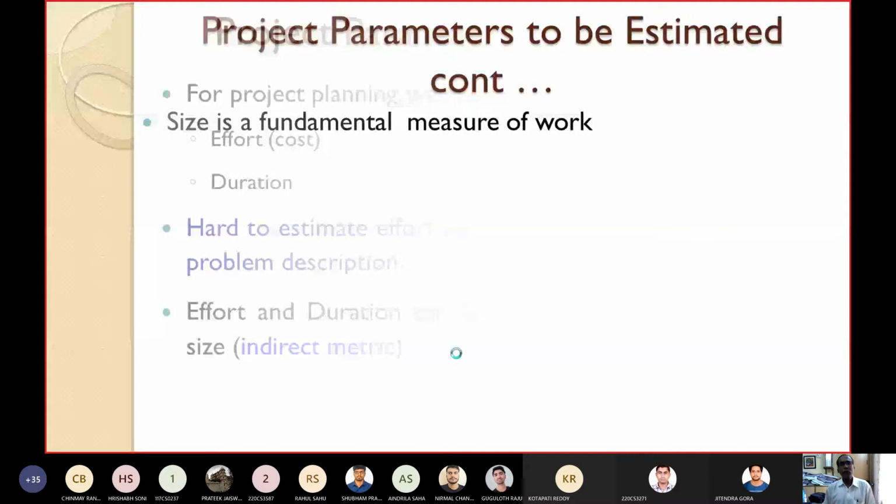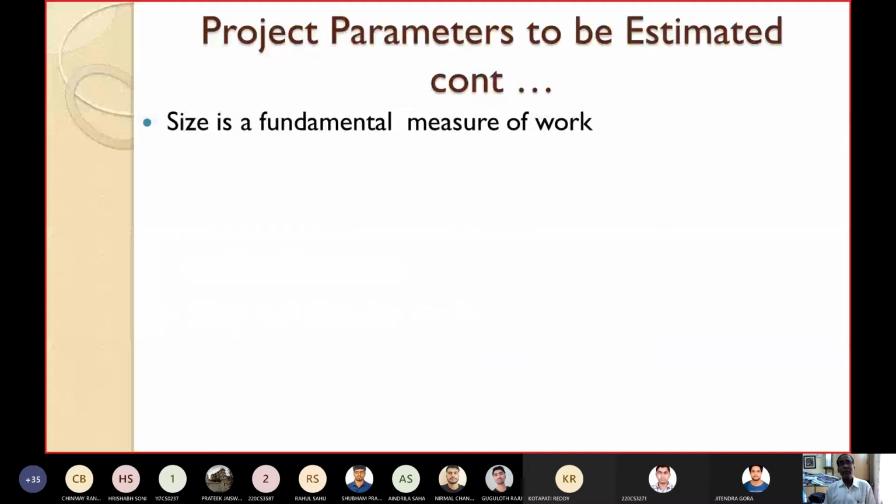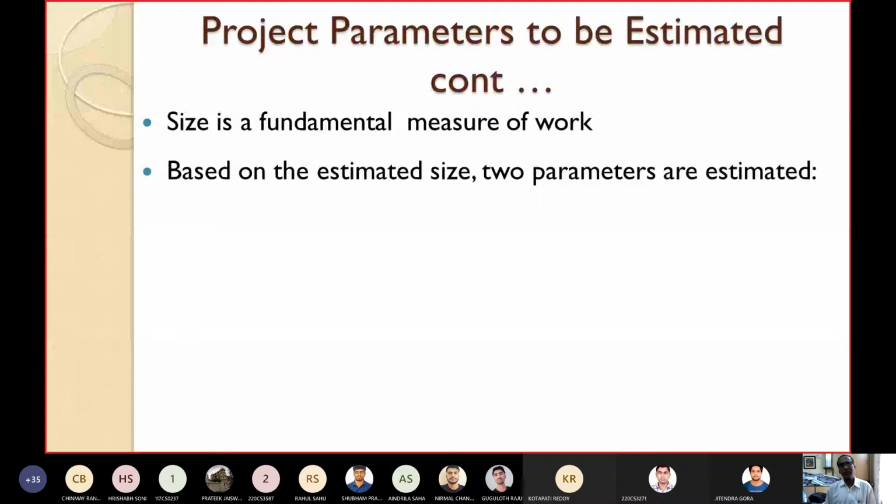Now, which is the fundamental measure of any work? Size is the fundamental, basic measure or metric of the work, or the software that you want to develop. Based on the estimated size, you can compute two parameters: the effort and ultimately the cost, as well as the duration.